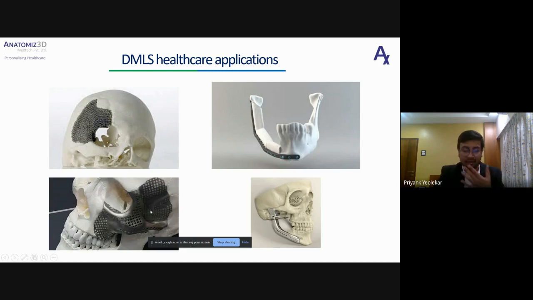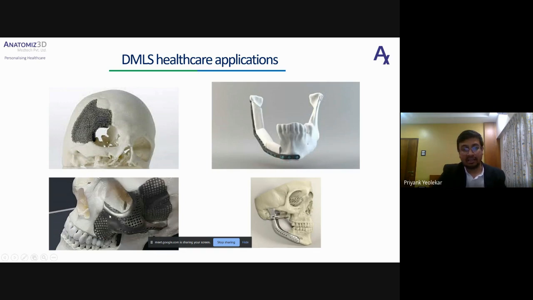In the CAD software you can design your implant according to what the patient's anatomy should look like, and then you can print it. Another advantage of DMLS is that because it is printed layer by layer, you can have different kinds of structures incorporated into your implant.